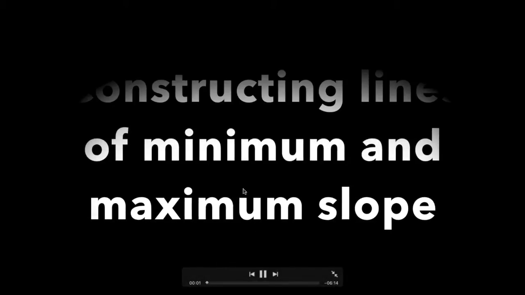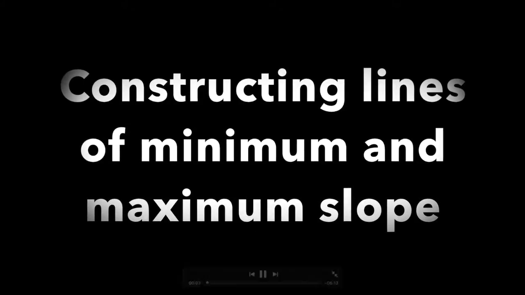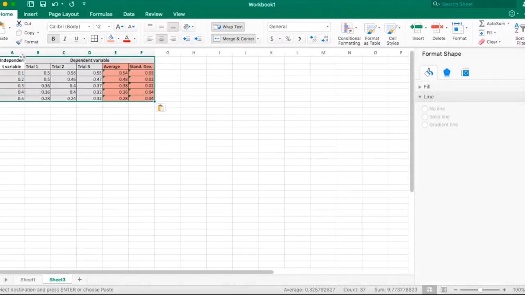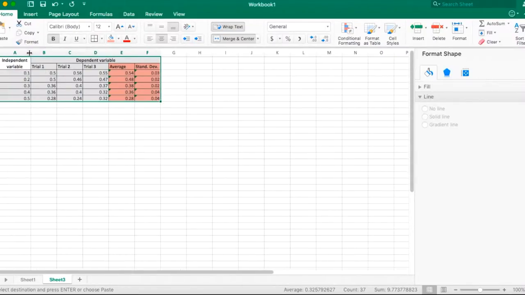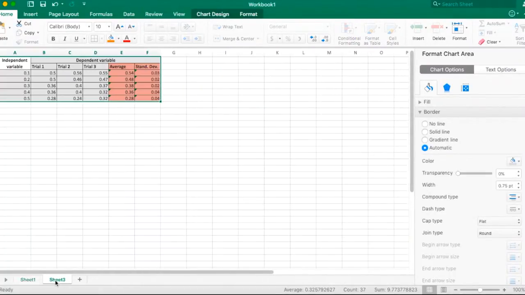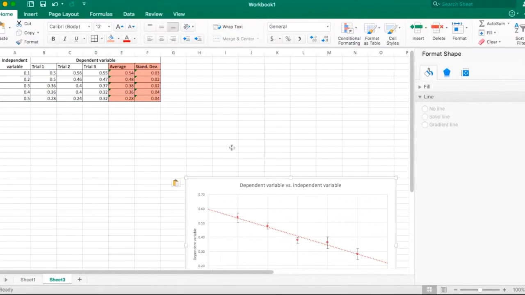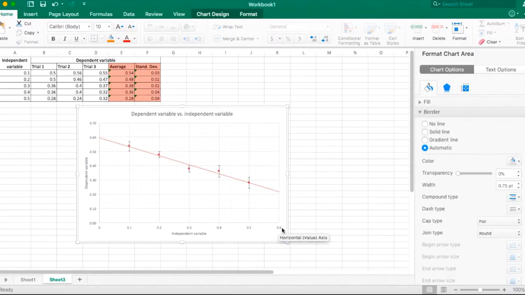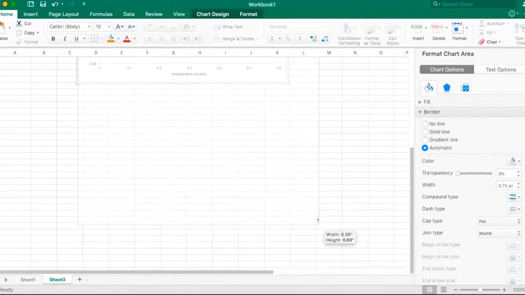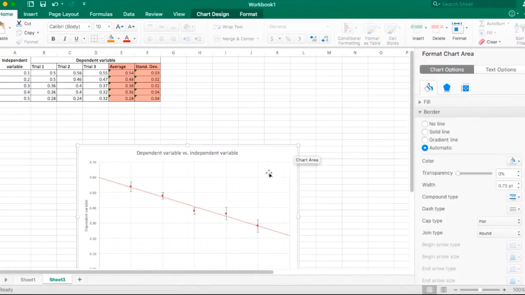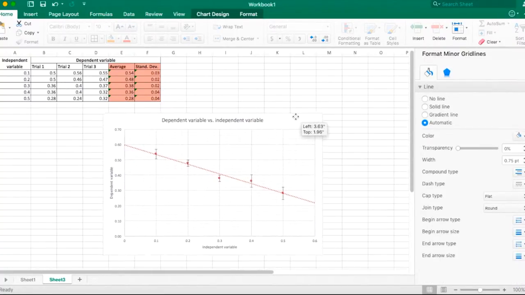In this video, I'm going to show you how to construct lines of minimum and maximum slope using Microsoft Excel. To start, I'm going to use some sample data, and I've already constructed a graph for that sample data. Now, in order to use lines of maximum and minimum slope, you need a linear graph, of course. So if your data does not reflect a linear trend, you might want to look into how to linearize your